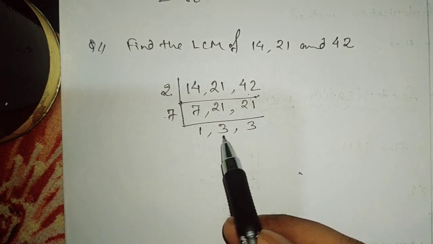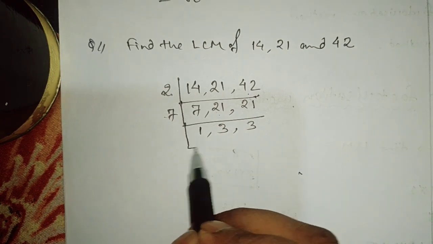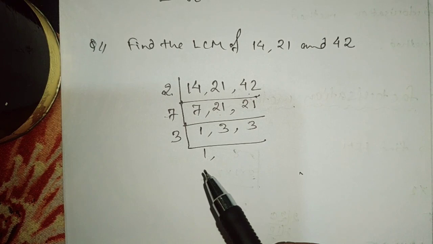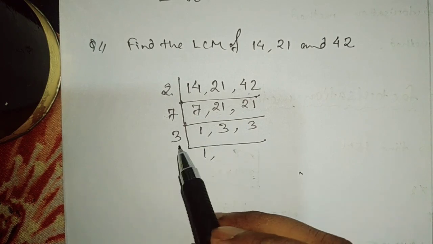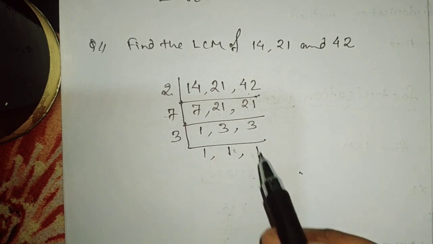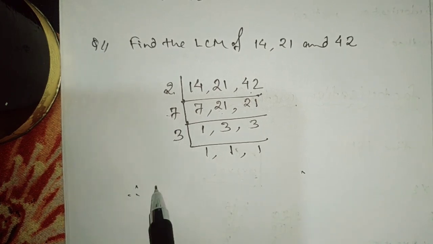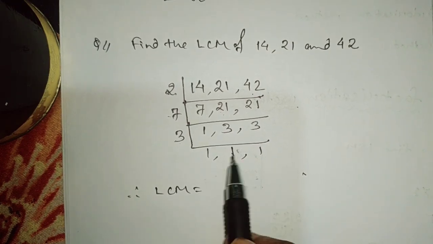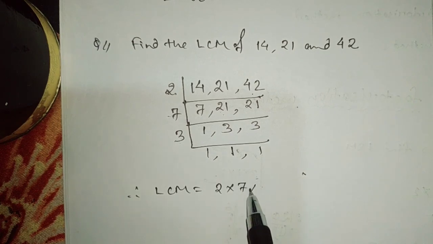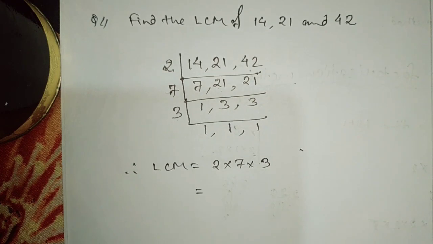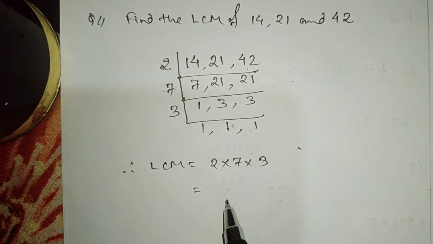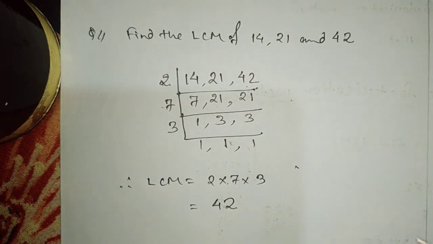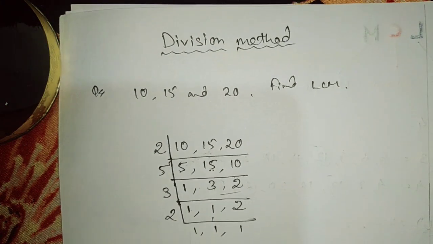Now that we have 3 and 3 over here, for these two 3s we can take 3 and divide them. This one will be as it is, because we cannot do anything about this one with 3. So 3 1s are 3, 3 1s are 3. Therefore LCM will be 2 into 7 into 3, and 2 into 7 into 3 is 2 7s are 14, 14 3s are 42. So our answer is 42. Understood this short division method of finding LCM?